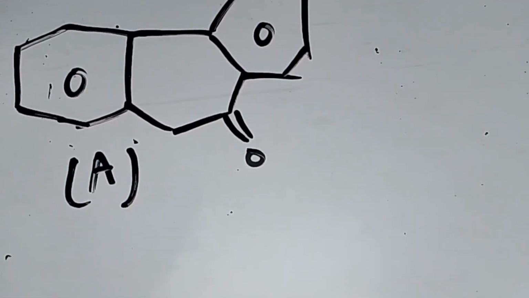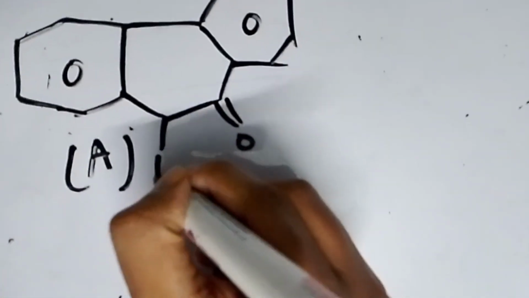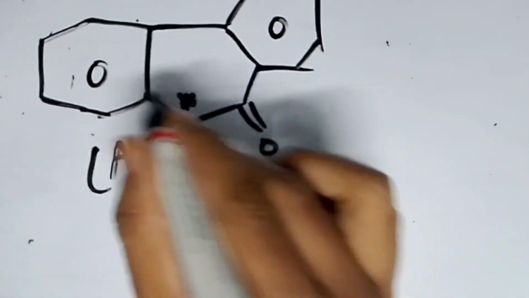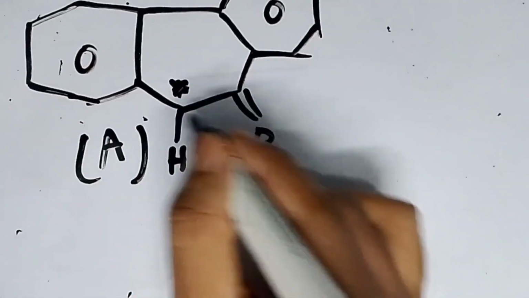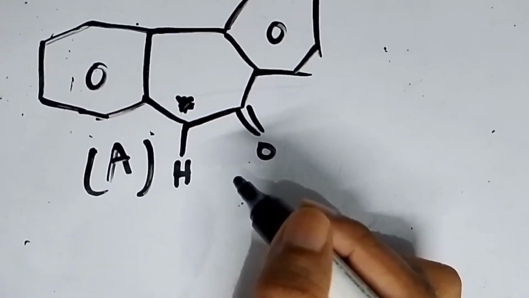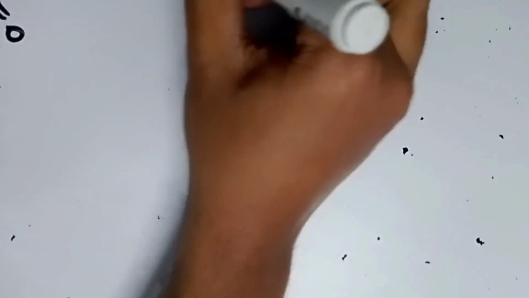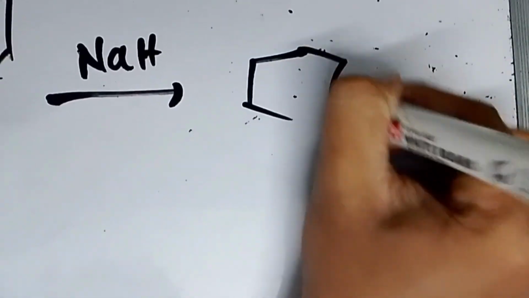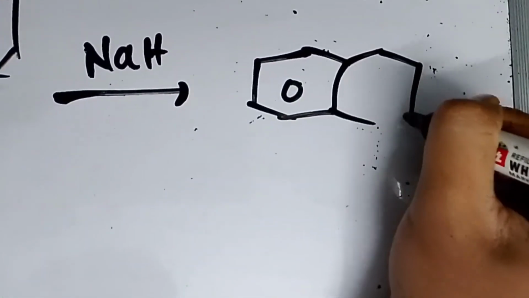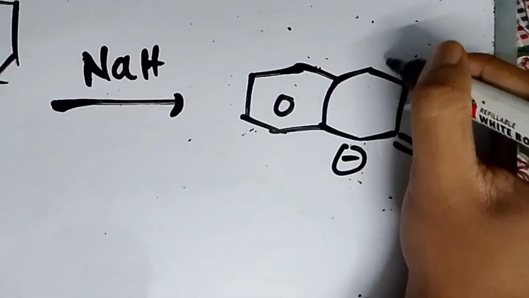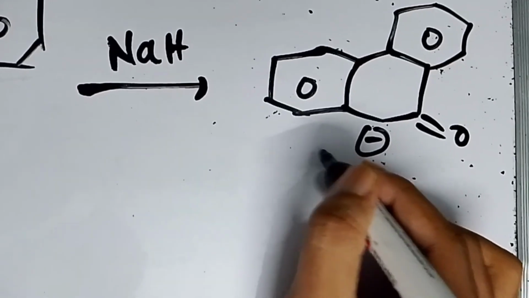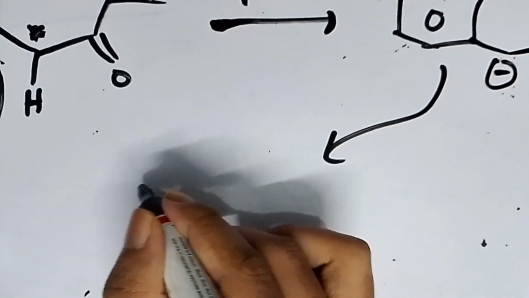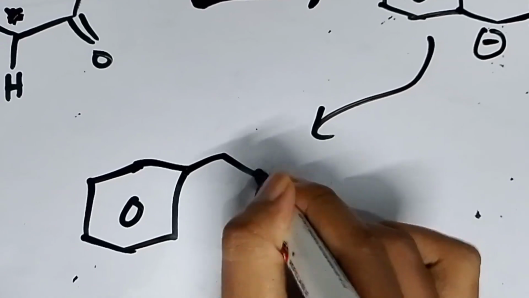Now here we have to note that this hydrogen is significantly acidic because it has a conjugated benzene ring and it has a withdrawing C=O group. So this hydrogen can be deprotonated with the help of a strong base like NaH. So when this reacts with NaH, we get deprotonation taking place and we get an intermediate of this kind. So this is the intermediate, and this when tautomerizes, it first gives us something like